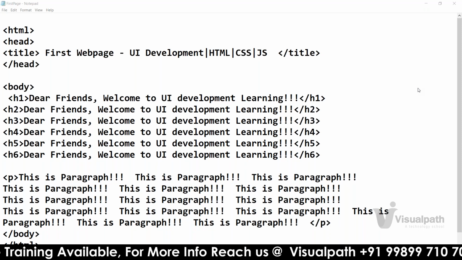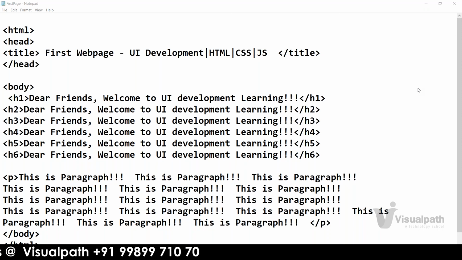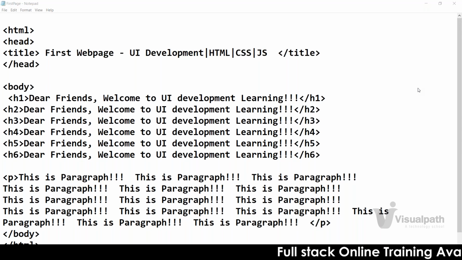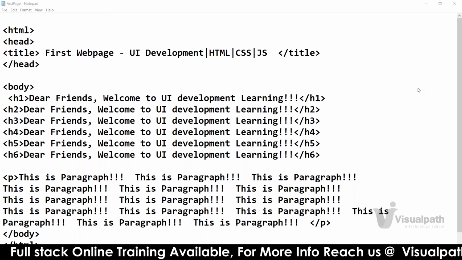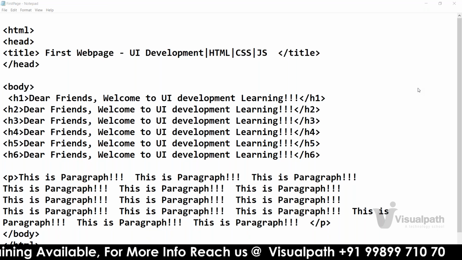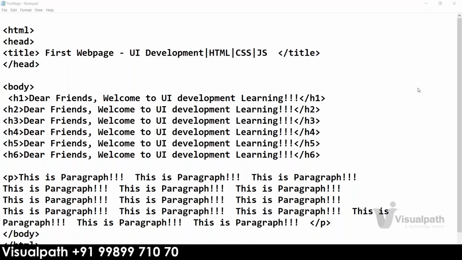Being a developer, you have to imagine that on the top there should be some menu bar, on the left side something, and somewhere in between some logo. You have to keep these kinds of things in your mind. If you can integrate that Figma, it will be some prototype, and just by looking at that you know what you have to do, but definitely you have to write the code and make it. You understood my point? Yeah.